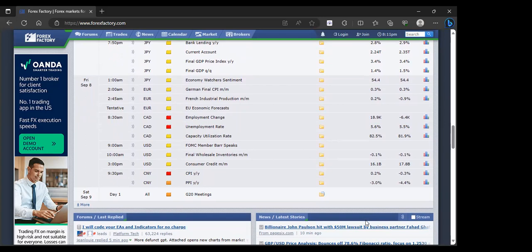Friday, there's not really a whole lot of news. Actually there is, I just lied. Consumer credit. That news item is not orange or red, but for me, that is an orange or red item, because whenever I see consumer credit, I start thinking about what the economy is going to look like in the next quarter, the quarter after. What is it going to look like next spring, next summer, when the economic cycle tends to slow down a little bit